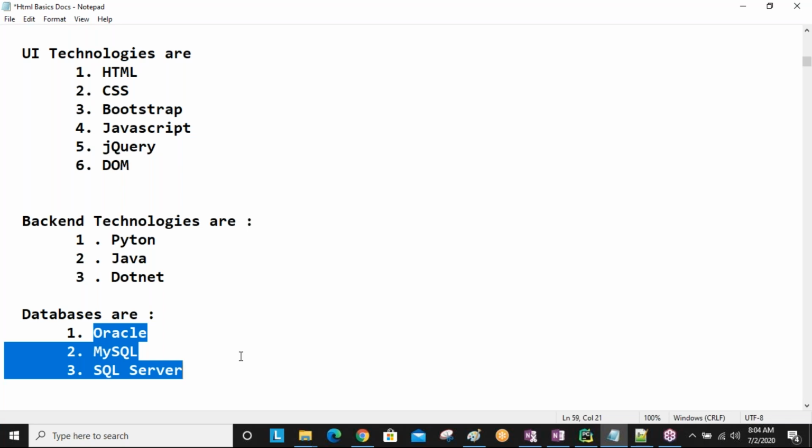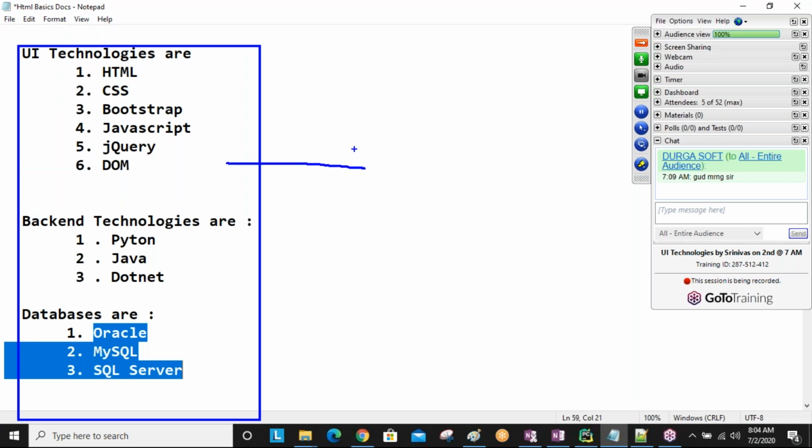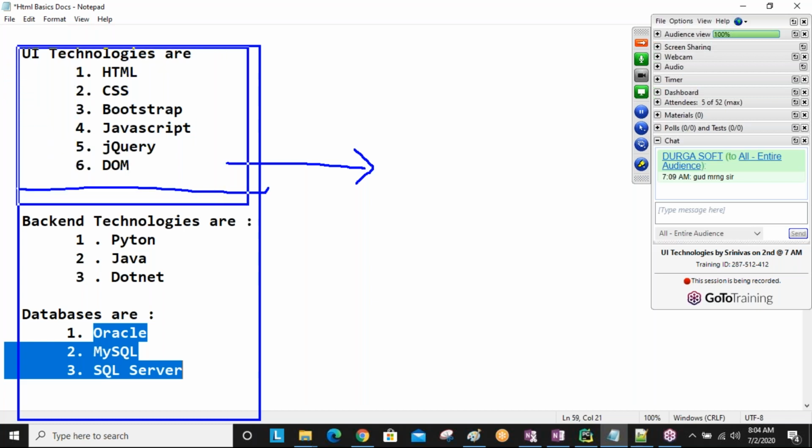When you know about all these things, then you can develop one full-fledged, complete application in real time. Now in our session we are going to discuss only these parts. Only front end side developers require this part of the code, so this is important to us.